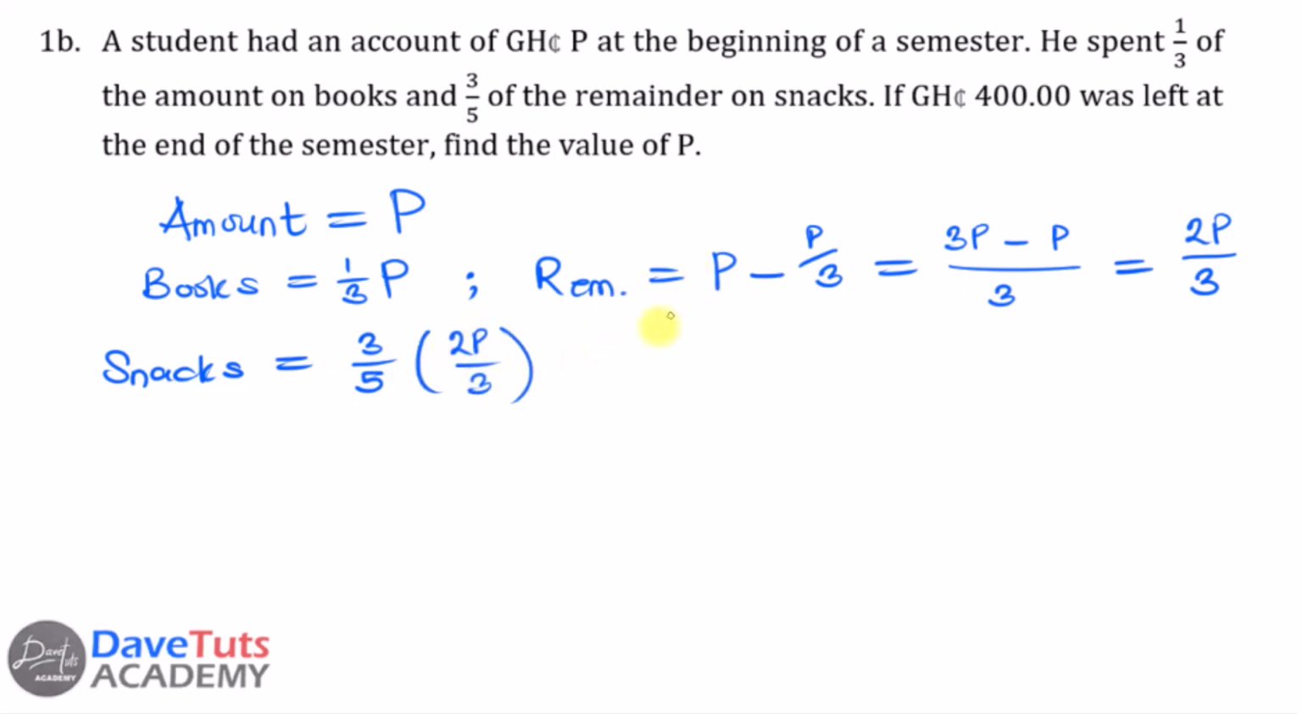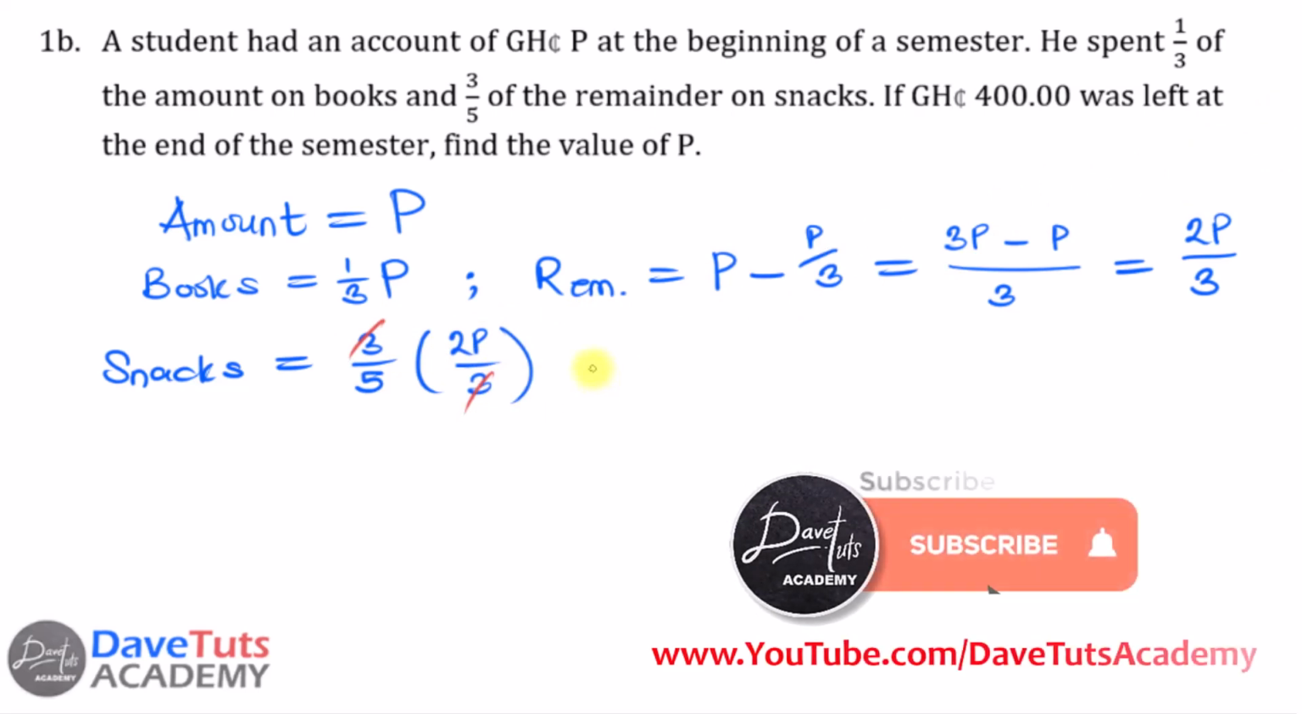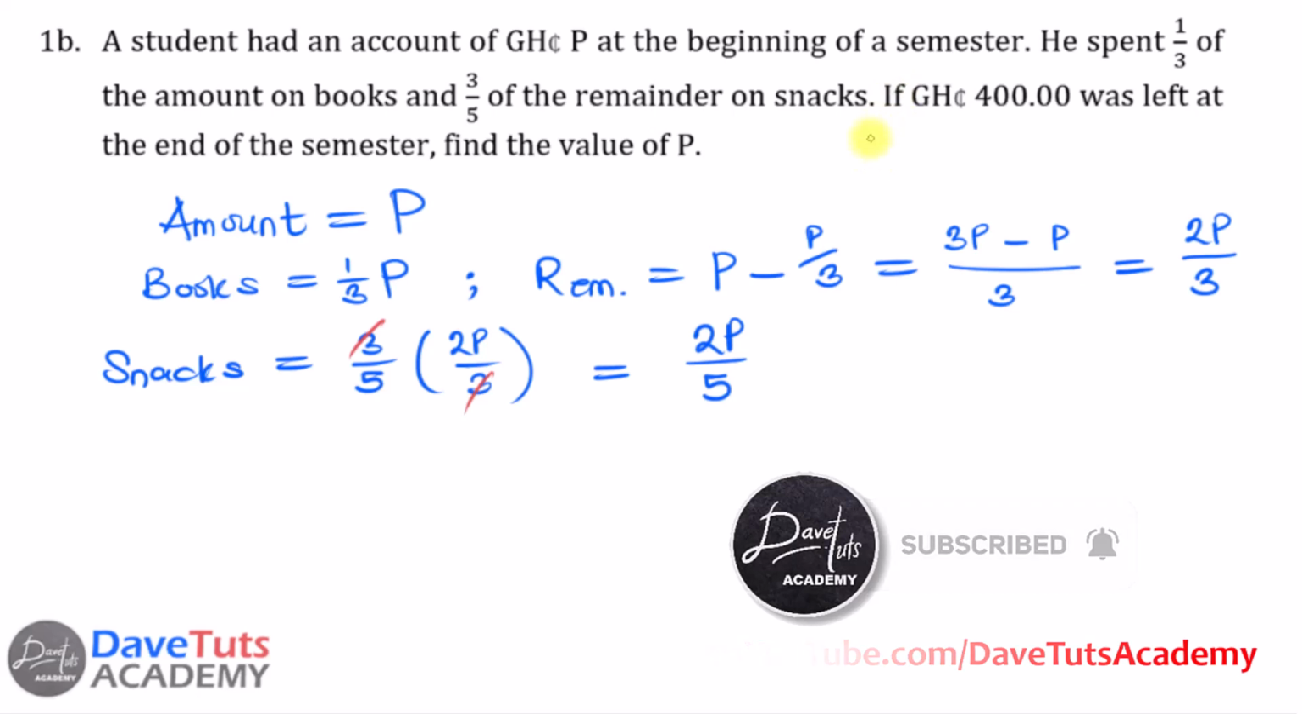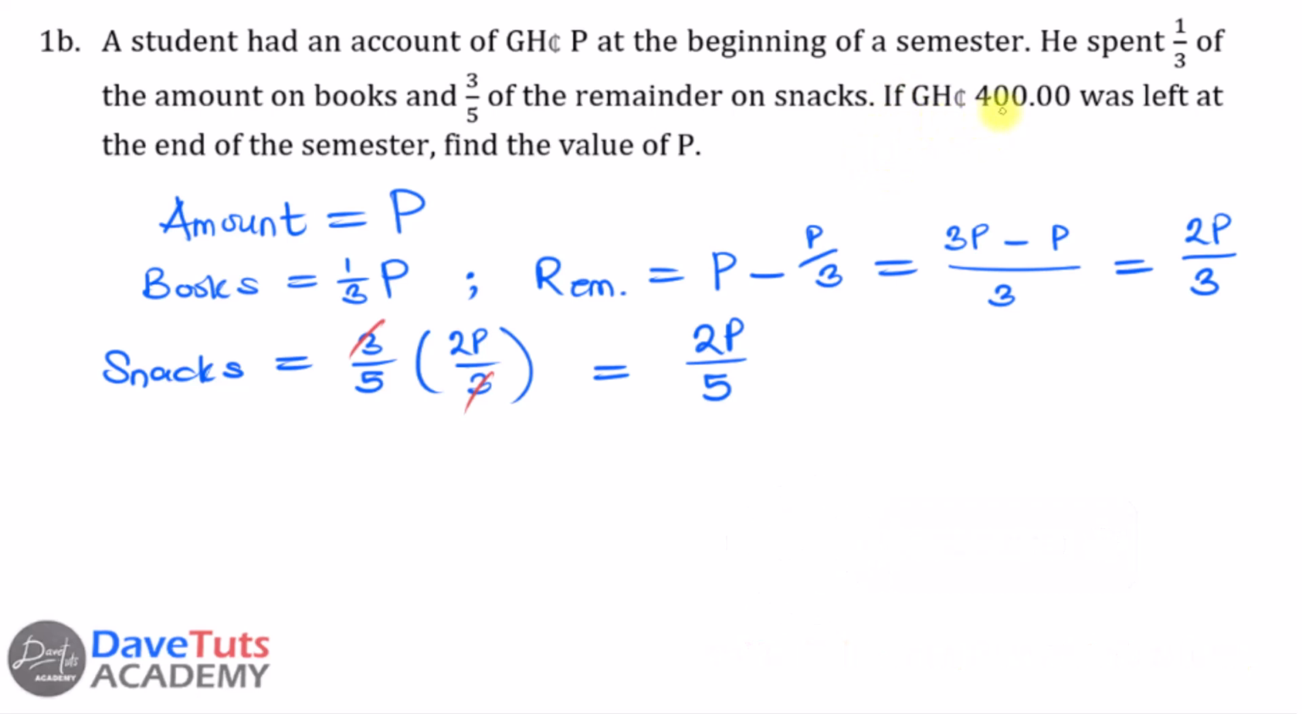Okay, so this is the consistency we need to ensure that we get our question right and dusted. We can see that those 3 will cut out, and then the snacks will be 2p over 5. Okay, now we're told that 400 Ghanaian cedis was left at the end of the semester. Okay, so if this is the original amount, he spent this fraction on books and he spent the fraction on snacks, the total remainder, which we are being told is equal to 400 Ghanaian cedis, will be the original p